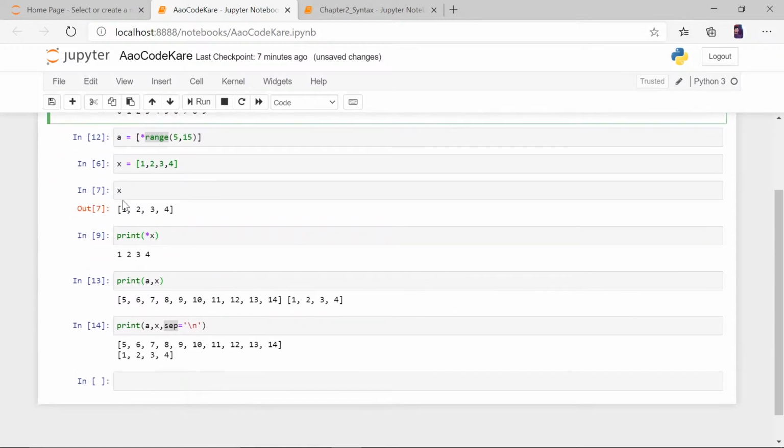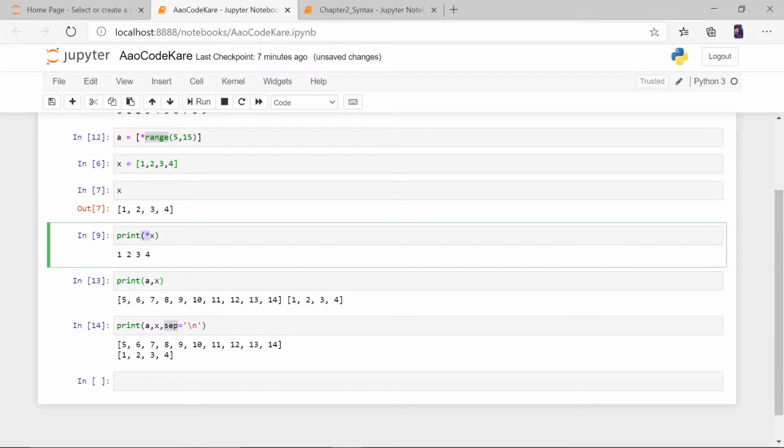Like here, we had a list, and when we added star to it, the list is unpacked, it is just the values in it. So you should call it unpacking. It is not that star prints the whole list. This is not just about lists. This is a much higher concept than that. It is called the unpacking operator.